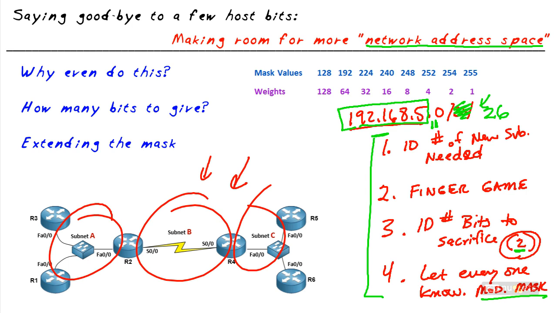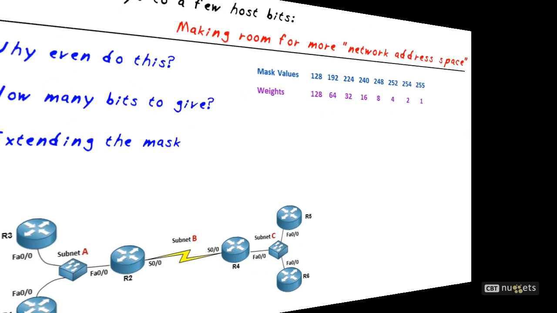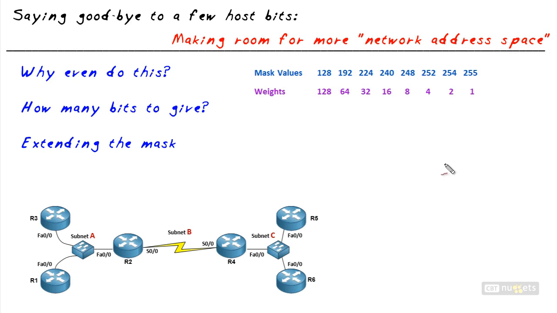And I want to share with you one more technique that's really important regarding the moving of that mask, those 2 additional bits. Now, here's one of the challenges that's going to come up when we move that mask from a /24, which it was, over to a /26: how do we actually represent that in decimal? Because when we work with IP addresses, we're putting in dotted decimal. So what does a /26 look like in dotted decimal? Well, the first 24 bits of the mask are 255, 255, 255. Now that's not new. We've already been through that in this course. However, what is new is